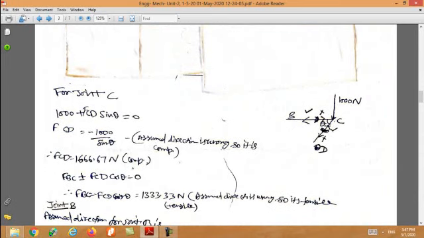By the same process, take joint C. What are you seeing at joint C? First we have assumed the direction on the right side to be compressive, and by the same process we have assumed for this member the direction is tensile. What happens when we calculate? This comes out negative.